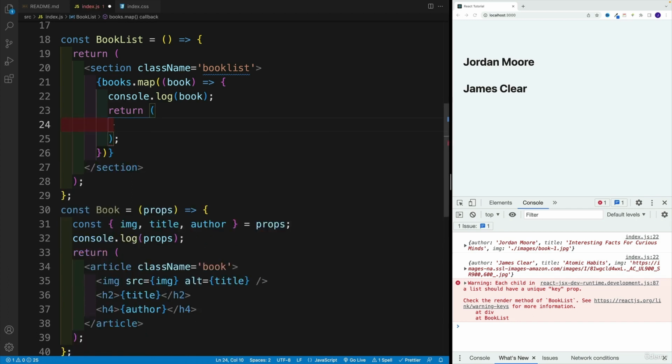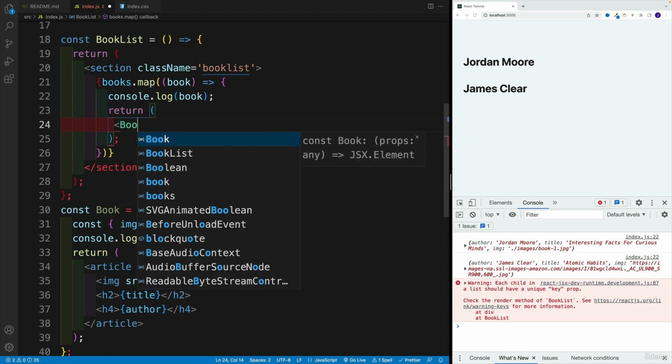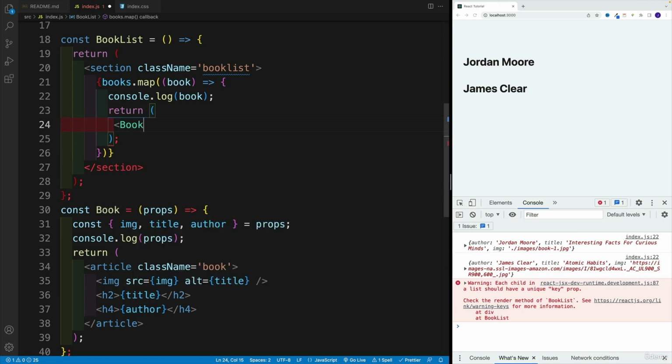I'm going to go back to my return. I'm going to write here book. So I'm rendering now the book component. And for now, let's just pass them one by one. In the following videos, I'll show you how we can pass the entire object, as well as how we can spread out the properties, which is my favorite way of passing in the props. But for now, let's just go one by one. And let's say over here, book. And then remember,